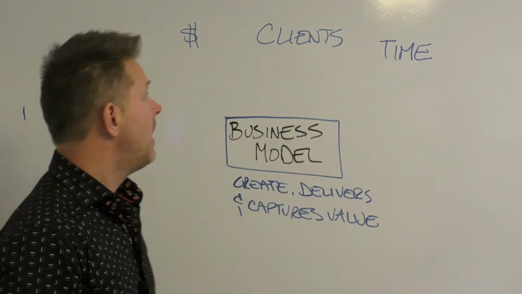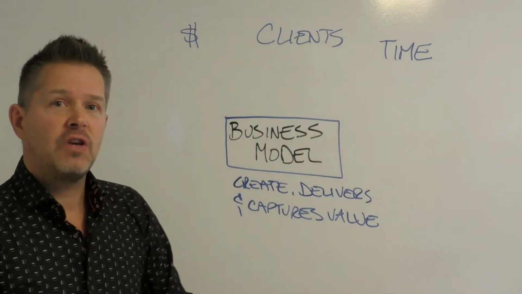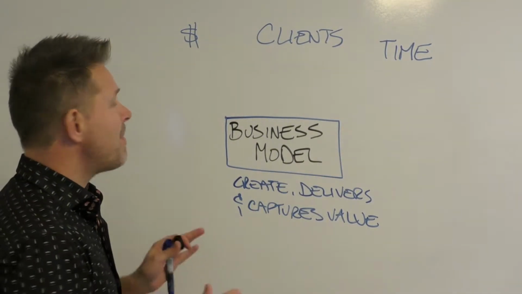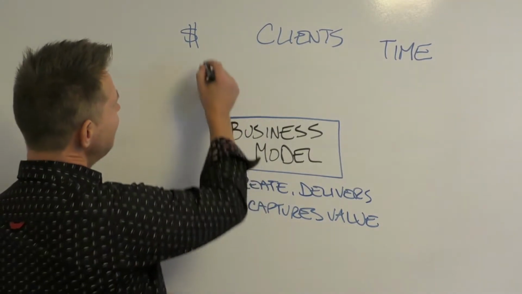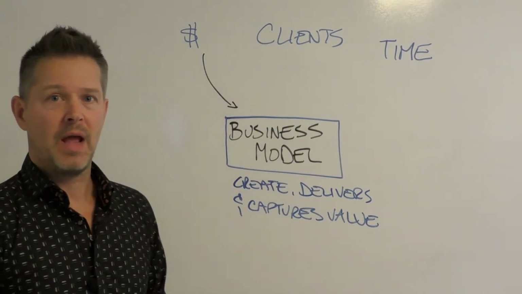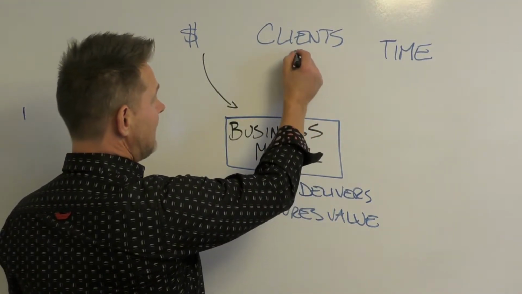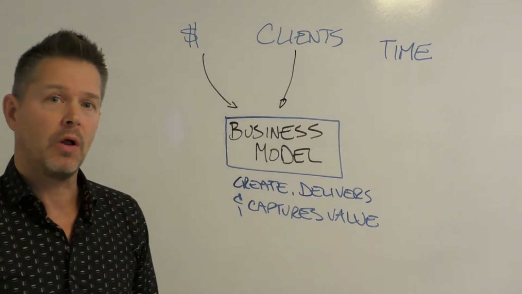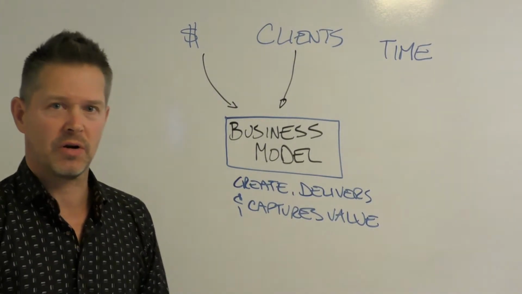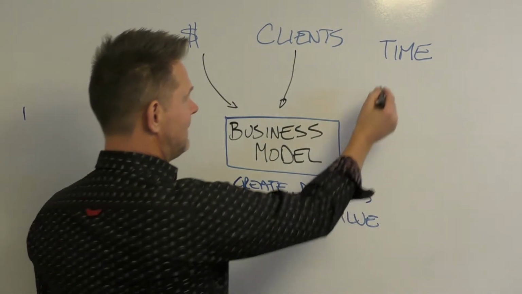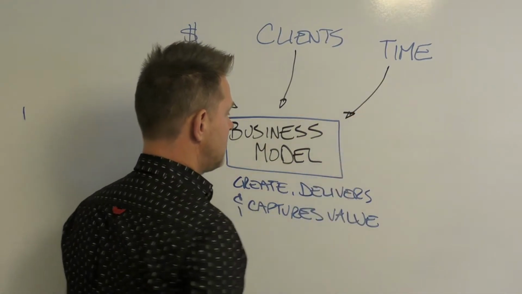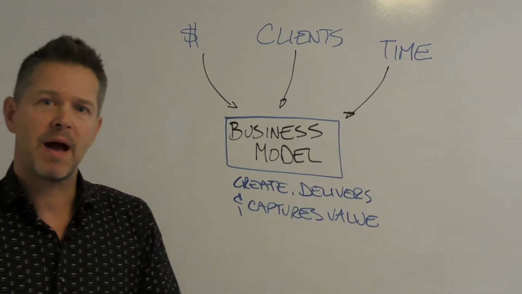There's no free time. So if you look at your accounting practice and ask, am I making the money I want? If you're not, you need to update your business model. If I'm not attracting the right clients, what do I need to do? Well, you need to update your business model. And if you're not getting the free time in your accounting practice, then you need to update your business model. And that's why I keep coming back to the business model.